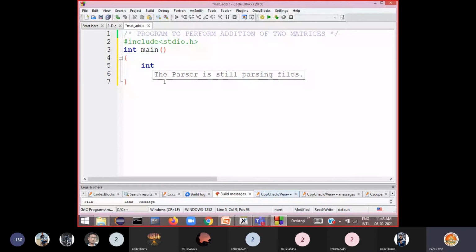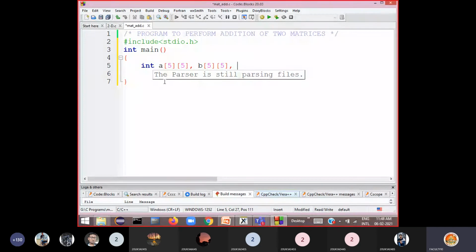The first two-dimensional array I am declaring as A, say for example, matrix A of size 5 by 5. Then for the second matrix, again we require a two-dimensional array, another variable B of size 5 by 5.